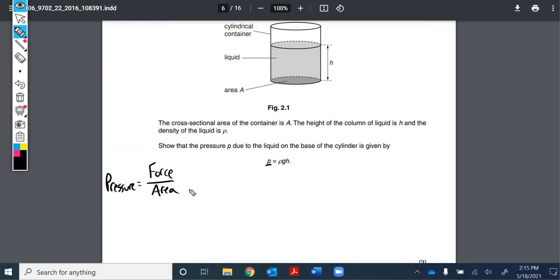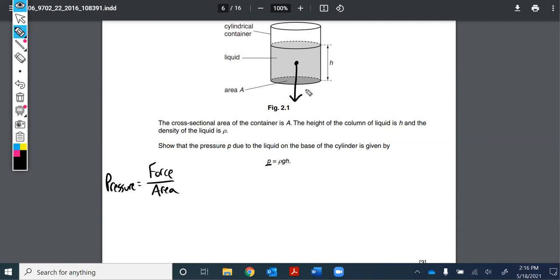So newtons per square meter is a Pascal of pressure, and that is the derived SI unit. So we need to make some substitutions in here. We can think about, well, what would be the force from all of this liquid here? It says, show that the pressure due to the liquid on the base of the cylinder, right? So all of this liquid has some force, and it's spread out over the area A here. So area A is done for us, but we now need to consider this force. So all of this liquid